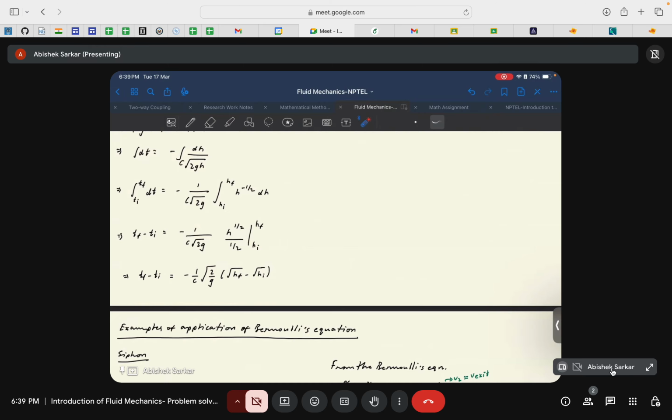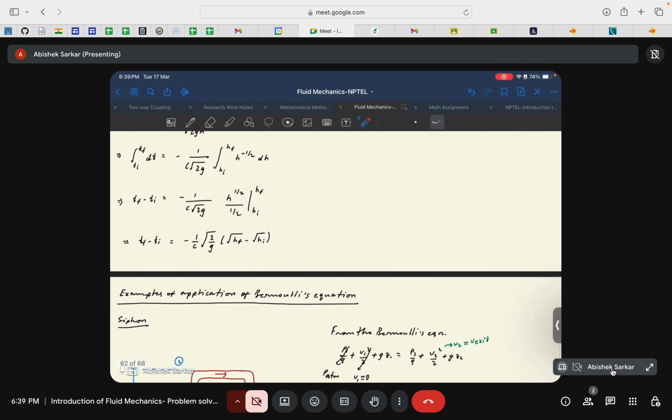Maybe I will just write it for your reference. Maybe something like, if you take initial time, say Ti equal to 0, then for an empty tank, HF would be equal to 0, right? So we will have T required, maybe something like this,